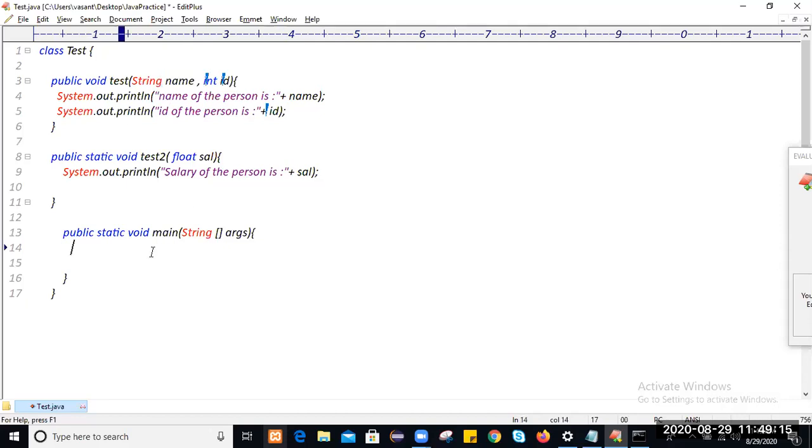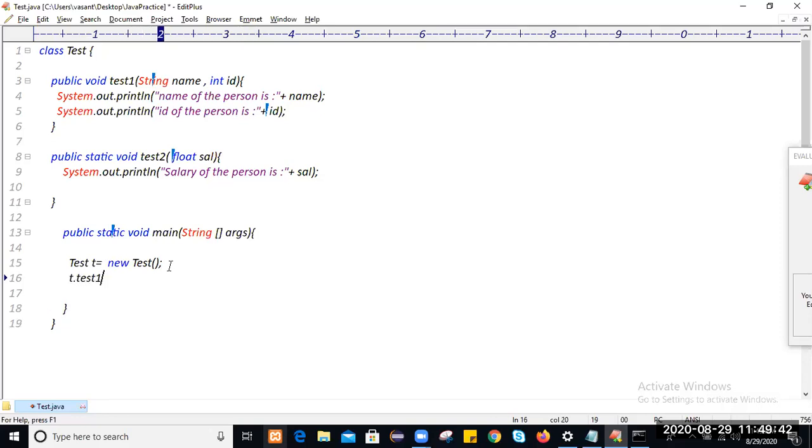So from the static area, this main method is a static area. From this static area, if you want to call the test1 and test2 methods, test1 is an instance method. We are calling this test1 method from the static area, so always create an object and on that object call that method, t dot.